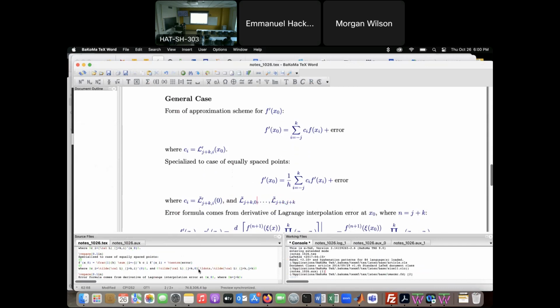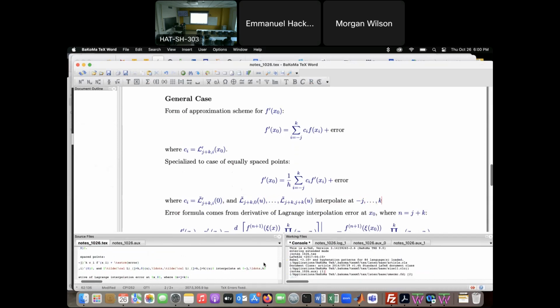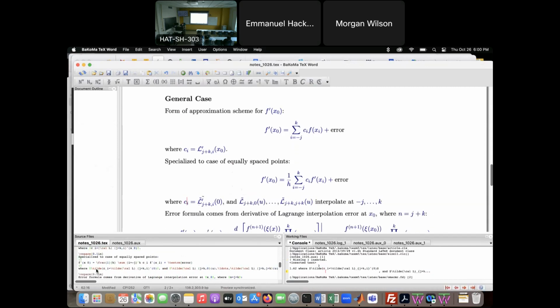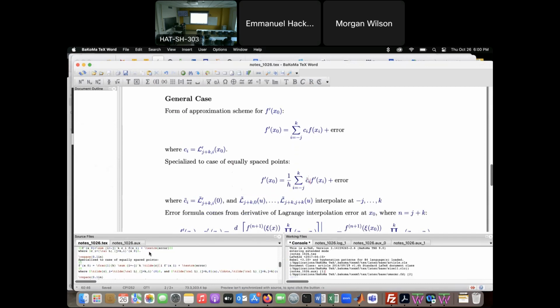And these Lagrange polynomials are different from these, as indicated by the tilde on top. Interpolate at the integers. These coefficients, the c's, are not exactly the same because they differ by a factor of h. So I'll indicate that here. And for completeness,